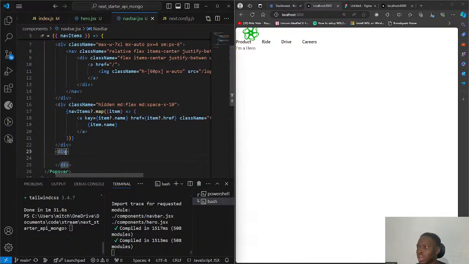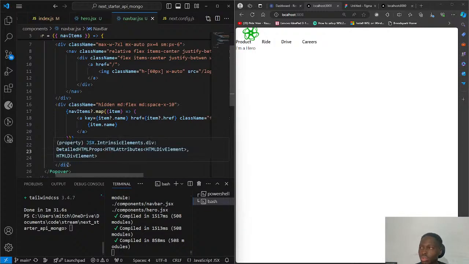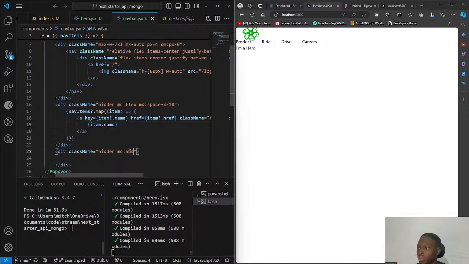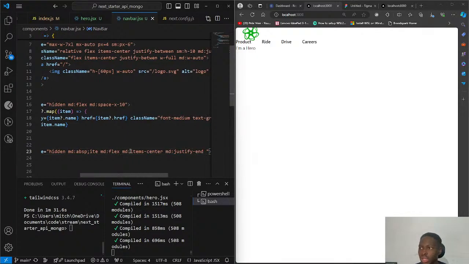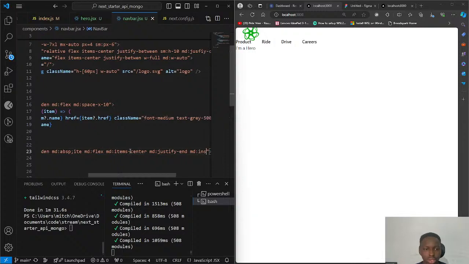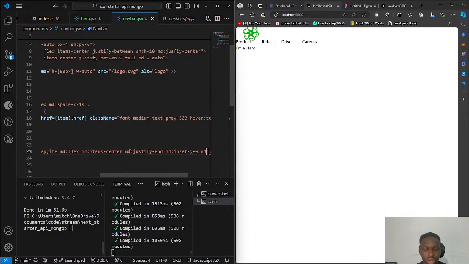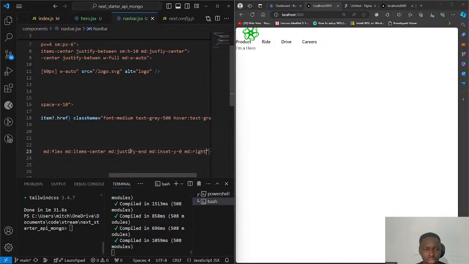Then we have a class name hidden. It should be hidden on the lower screens, that's the smaller screens, anything lower than MD. And on MD, we should have position absolute. MD flex, MD items center, MD justify, and should justify to the end. Inset y0, MD right 0. Okay,